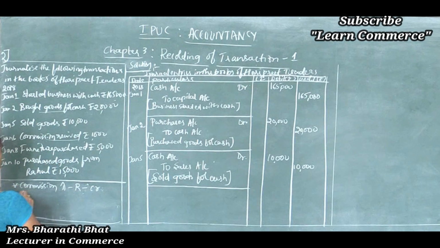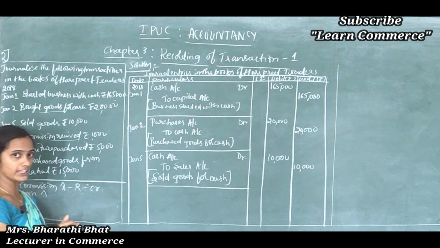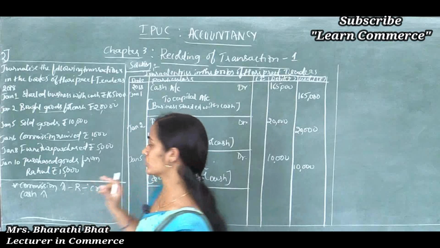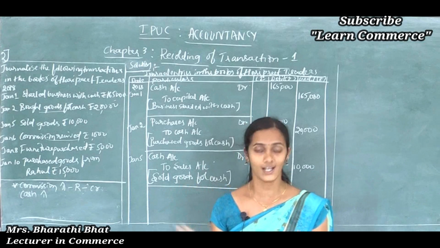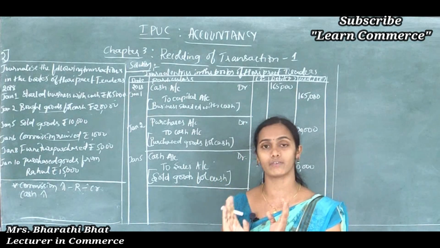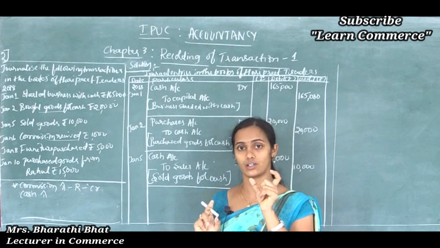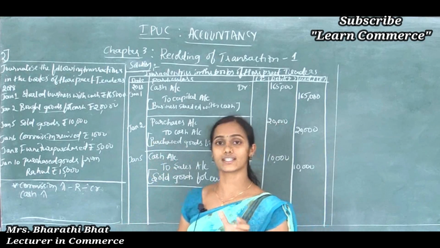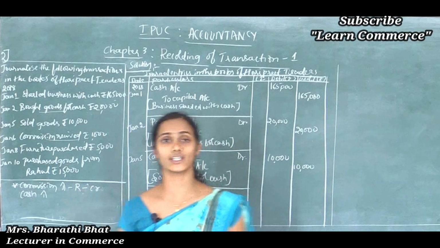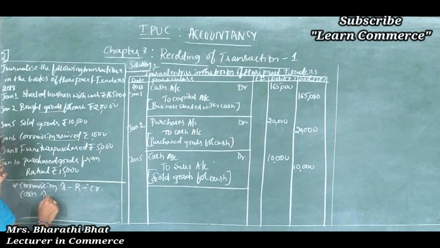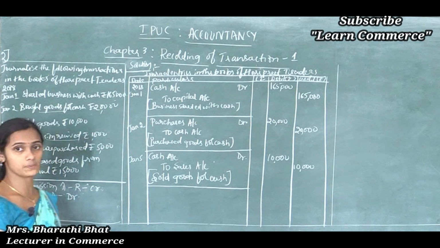And one more: when we receive commission, that is normally in the form of cash. If it is clearly mentioned like commission received by check, then that check goes to the bank, so it comes under the bank account. Otherwise, if the sentence is just like commission received, then we should assume that the transaction relates to cash. So commission and cash are the two accounts affected. Cash comes under the asset account, so increases in asset are to be debited and increases in revenue are to be credited.